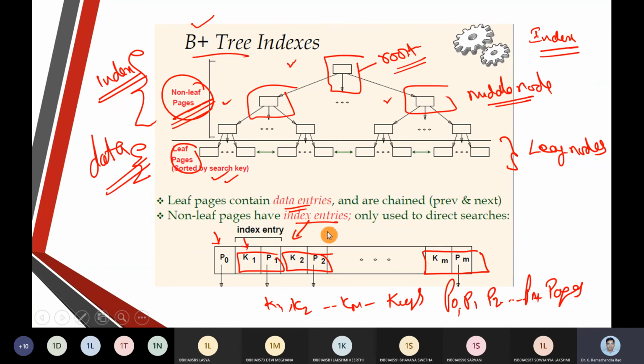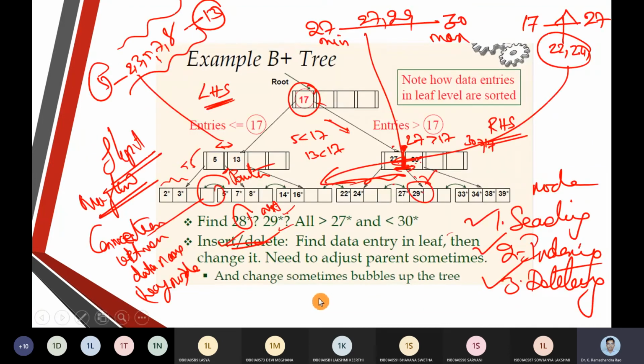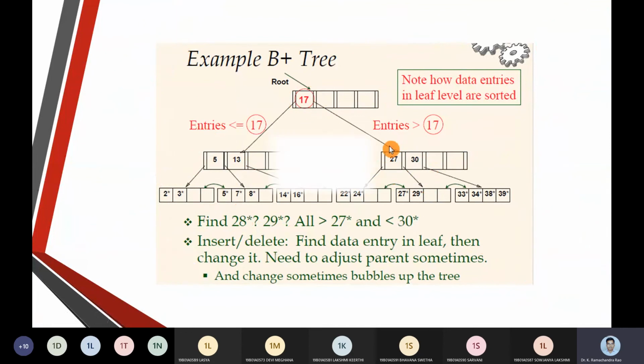How is this index organized? It has key value pairs, as mentioned earlier, where P1 to P2 are pages and K1 to K10 are the number of keys. The B plus tree is organized in ascending order, and towards the left everything will be less than the node it is pointing to, and towards the right it will be the greater than element.